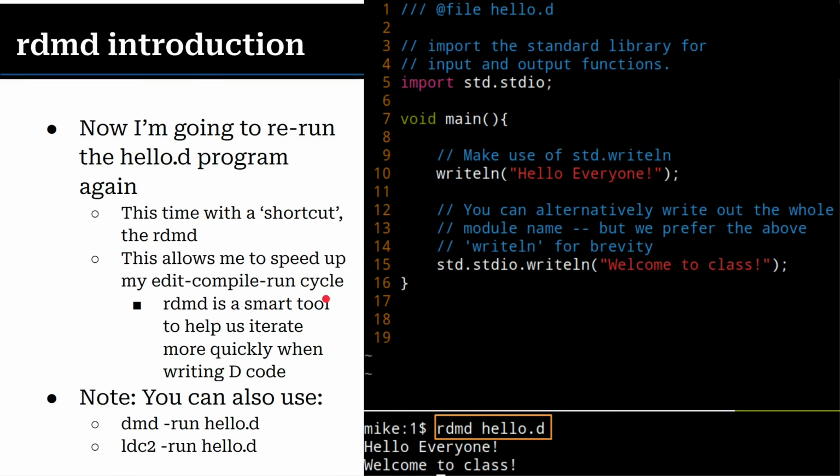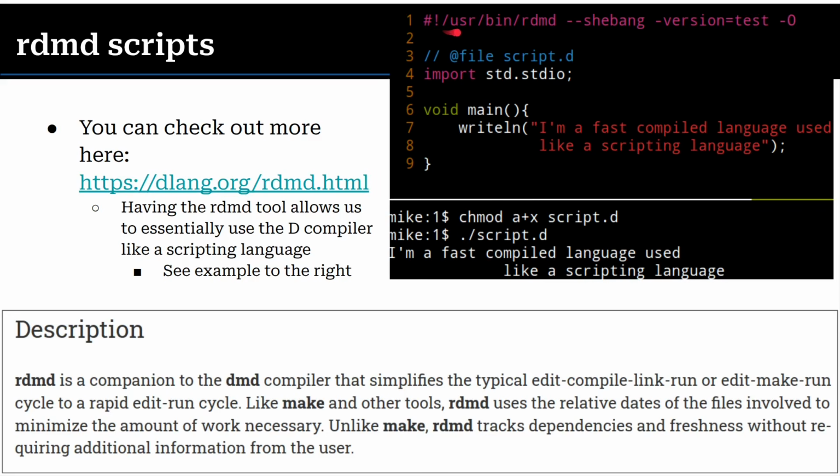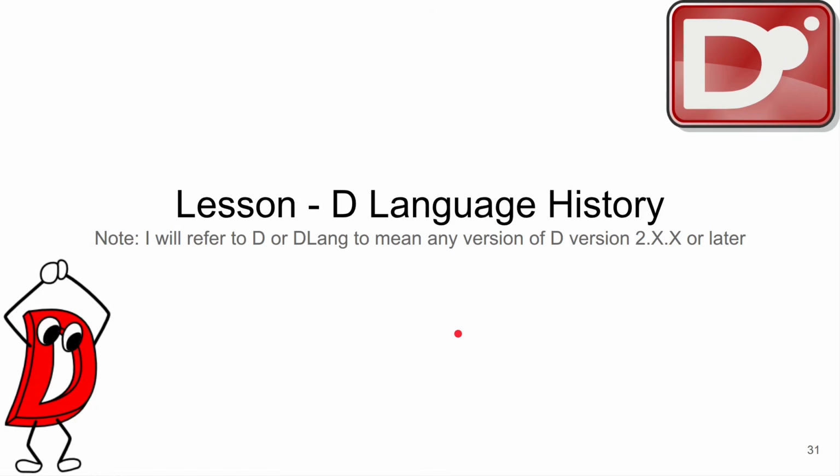And this is how I first started using the D programming language to replace a lot of my Python code, by writing D files and using them like a script. They're still compiled, so they're still fast. So you still get the executable speed performance, and this is kind of a neat thing. So here's an example of using this as a script. You can just give yourself permission on the script, and then I can just do ./ whatever the D file name is, and if I write a little script like this, I can use that. So that's a nice, neat way to use the D programming language. I think it's a nice gateway into the D programming language, so to speak.